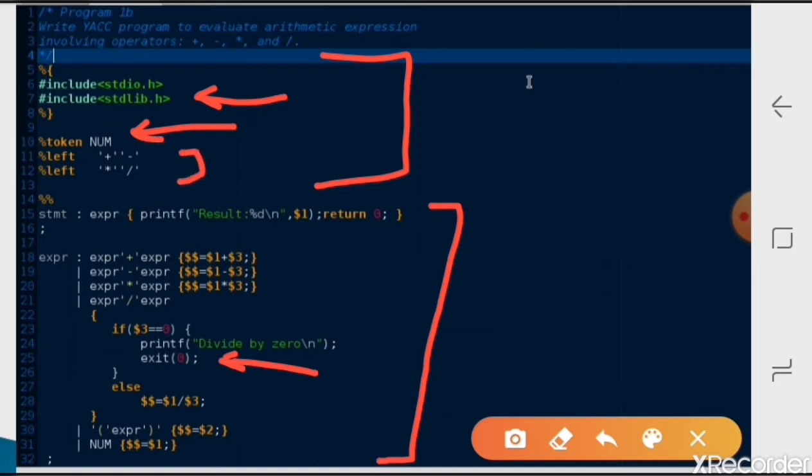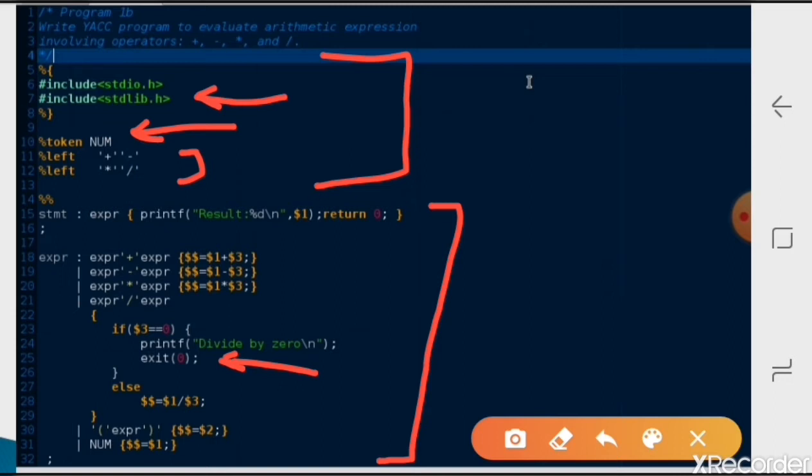If I write plus and minus first, it has the least priority, so whatever I write after that has the highest priority. So multiplication and division have the highest priority, and while calculating, it will first compute multiplication and division, then addition and subtraction.